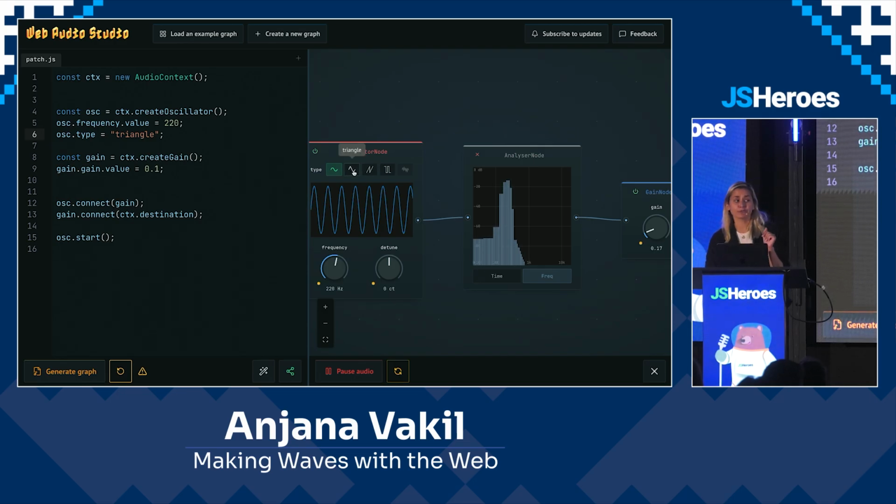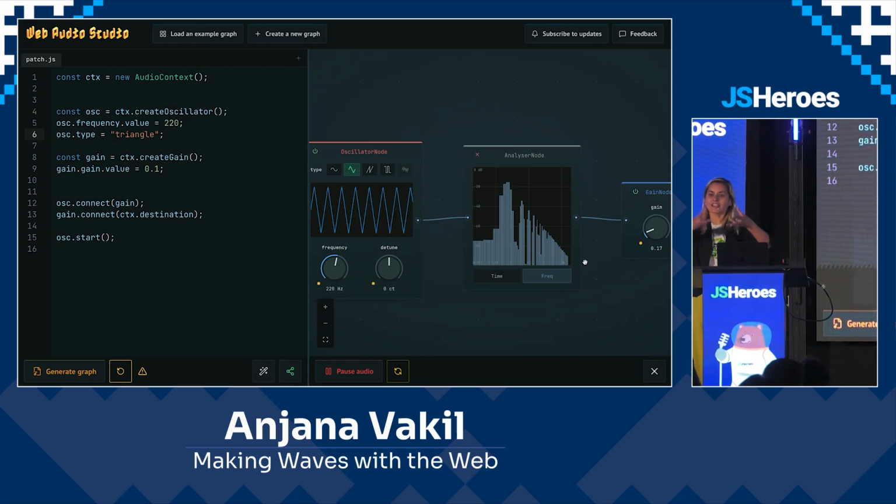But as soon as we switch to a different wave type, it looks completely different. Because it sounds different, and it looks different, and we can see what's happening here is that in the higher ranges of the frequency spectrum, we have more additional content in our wave now. These are called harmonics. These higher frequencies that are included in our signal are essentially multiples, a different spectrum of harmonic tones that are based off of our base or our fundamental frequency.